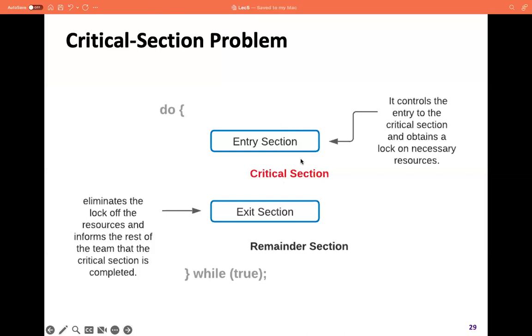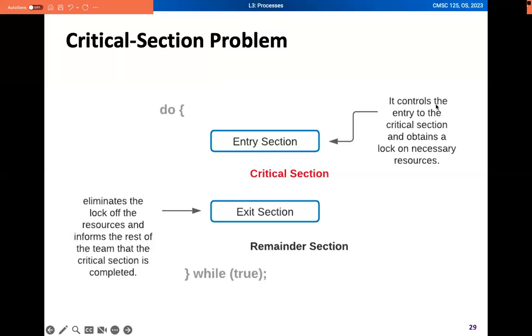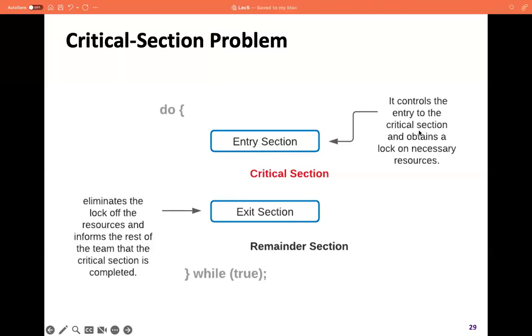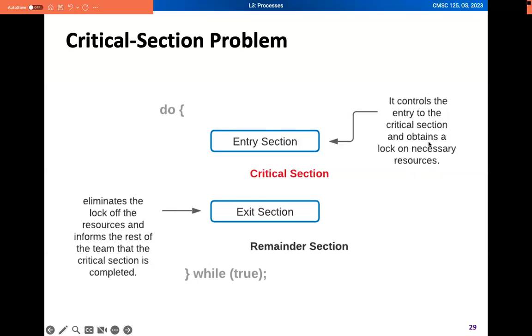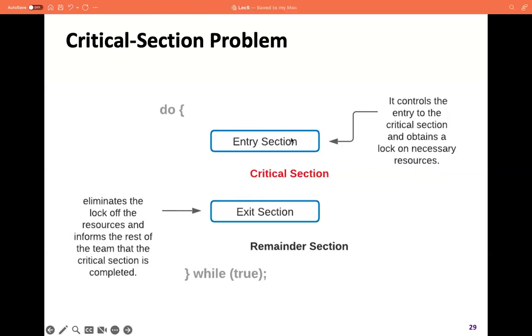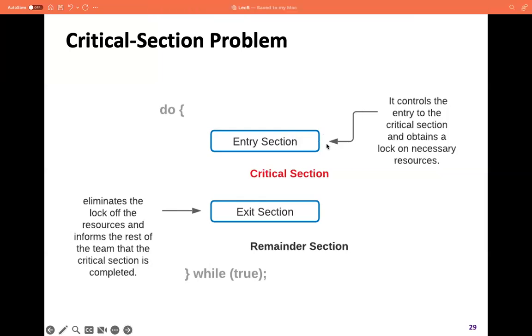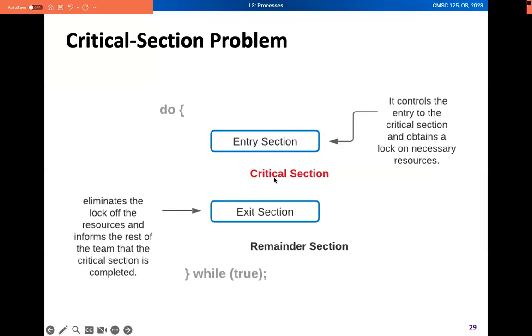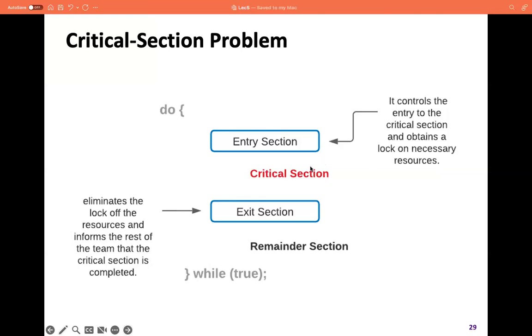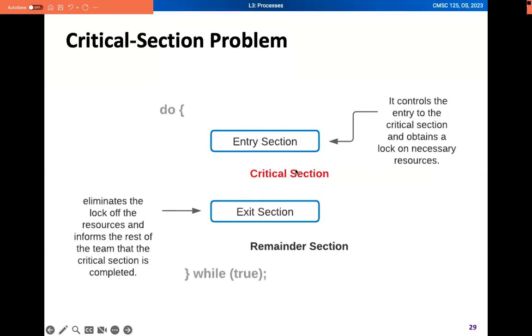So what happens in the entry section? It controls the entry to the critical section and obtains a lock on necessary resources. Meaning once you are in the entry section, locking happens on the necessary resources, and that specific process